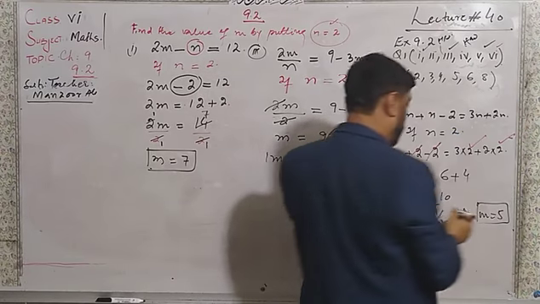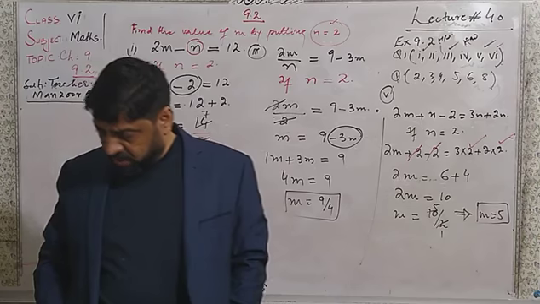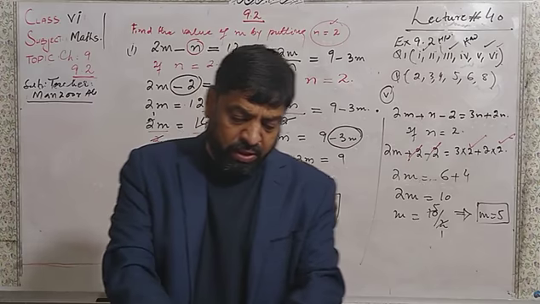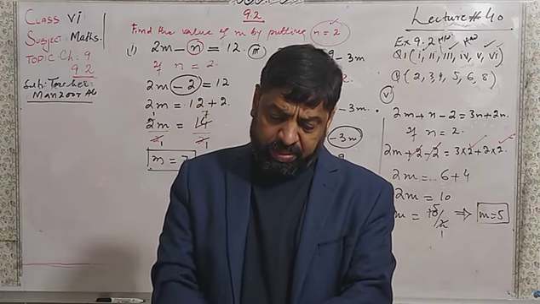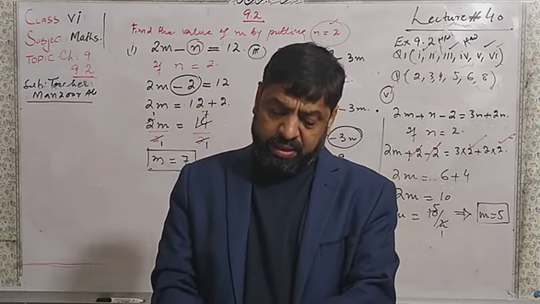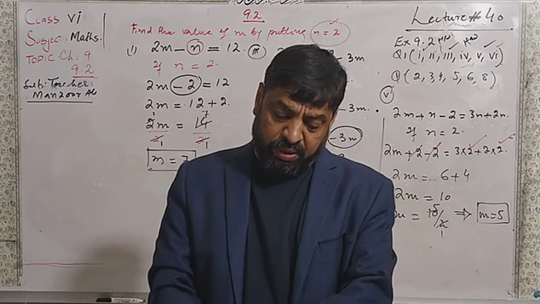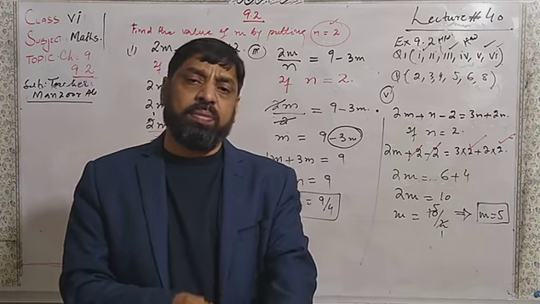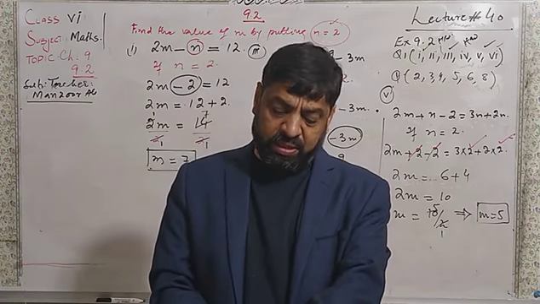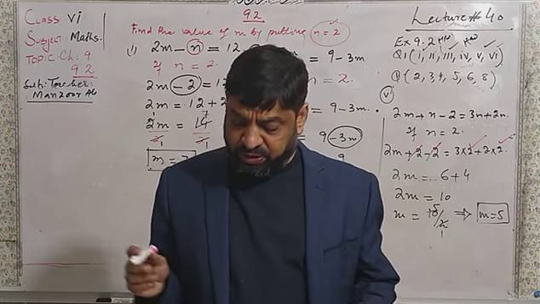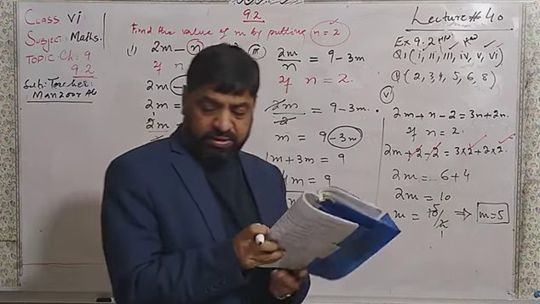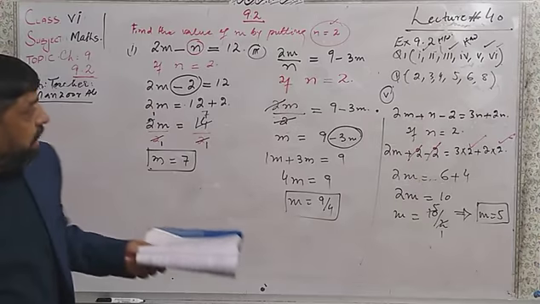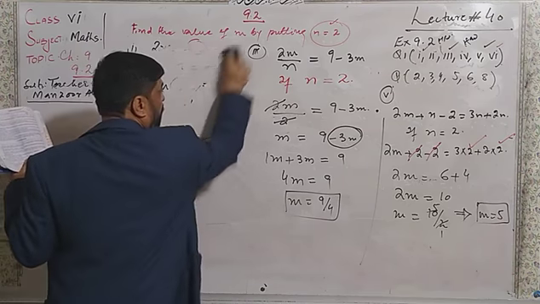And now there is the sixth part that we have to do. In part number 6, dear students, we are given only multiplication and addition: m plus n is equal to mn. Value of n is 2. And there will be 2m. You will shift here 2m, n minus 2n, and n will be shifted to the other side. Then it will be minus 2. I think that it is also a very easy part, but for your help I am doing this part also.